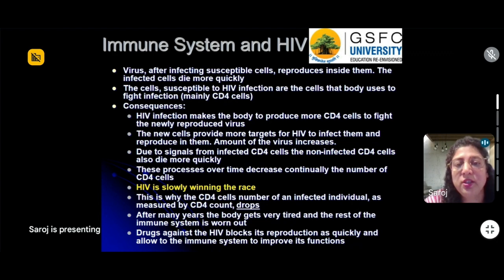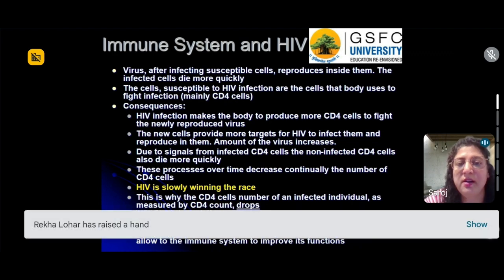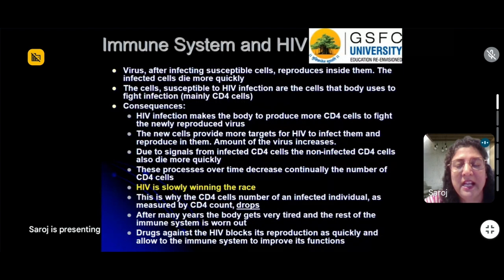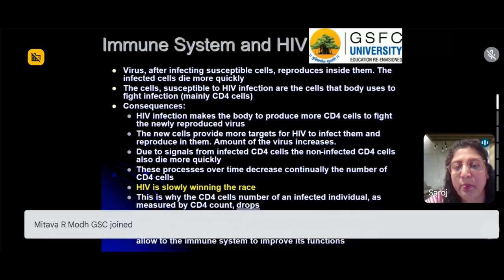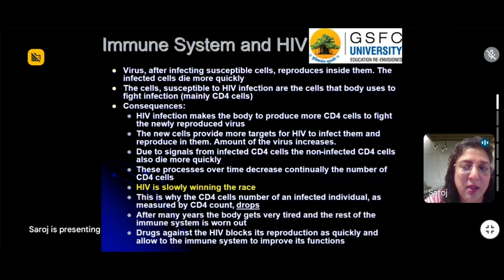However, they are going to be dividing inside your T cells, and more virus, when that is released in your plasma, in your bloodstream, is going to keep on taking over the CD4 cells. That is when your immune system gradually is going to be compromised. So it is a very, very slow process of HIV infection.